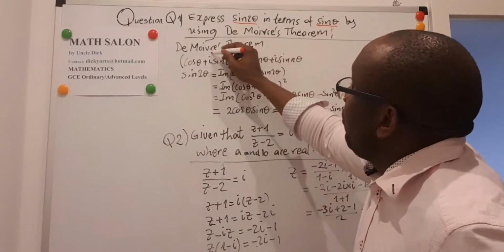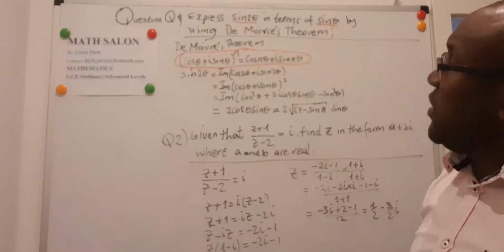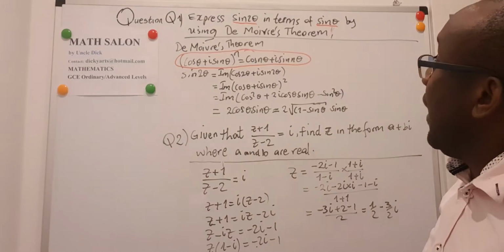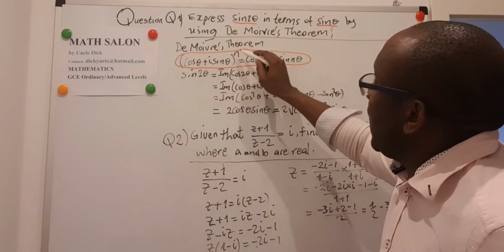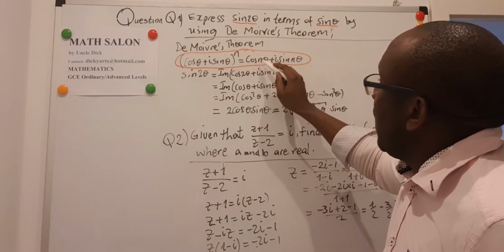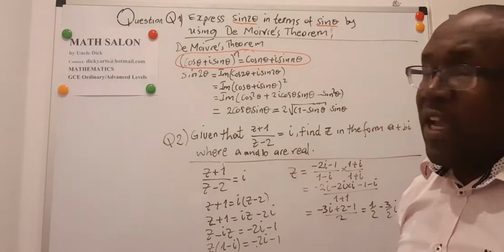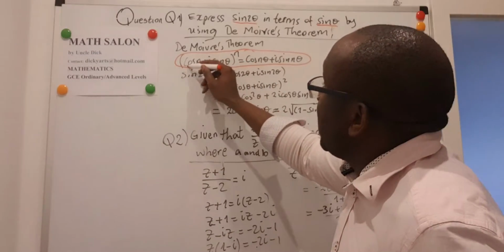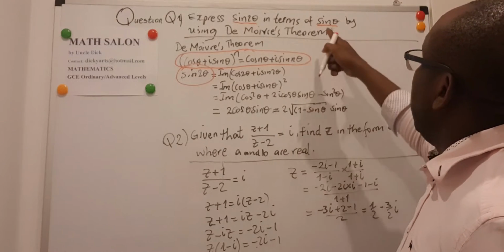So according to De Moivre's, if a complex number is expressed in the form cos theta plus i sine theta with a unit length, then if I take cos theta plus i sine theta raised to the power n, it's the same as cos n theta plus i sine n theta. That's just the idea. So in this case, we're asked to express sine 2 theta in terms of sine theta